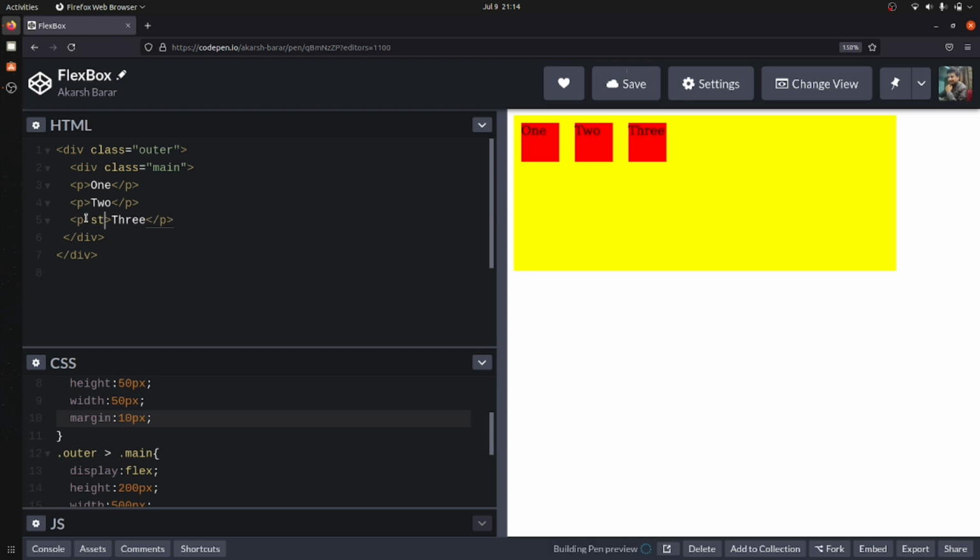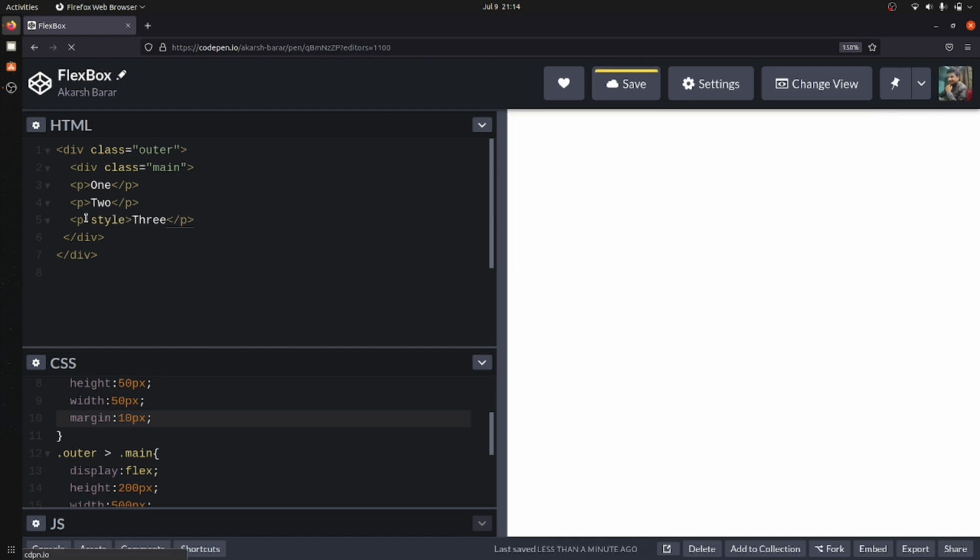I'm going to give them a style. I can use an inline style also. You can just go with the CSS and write it there, but I'm going to show it like this.